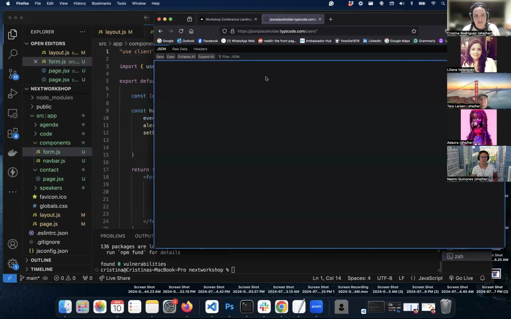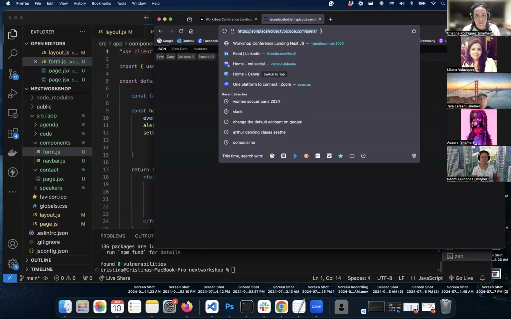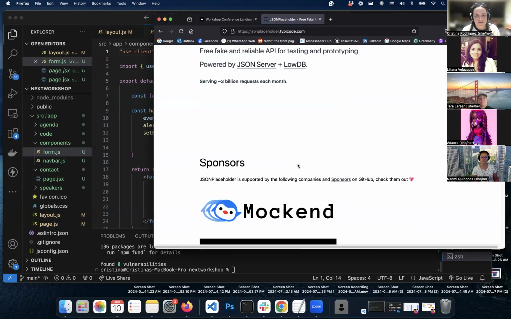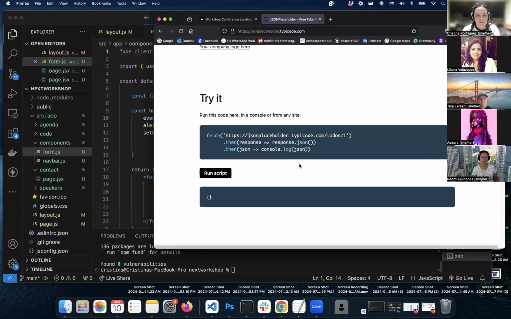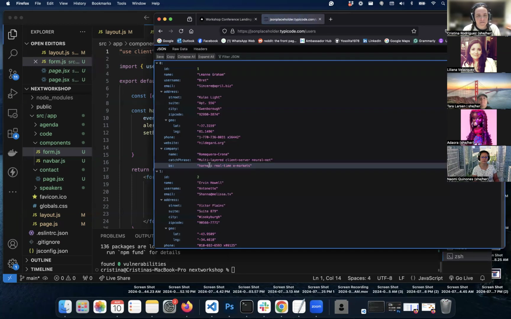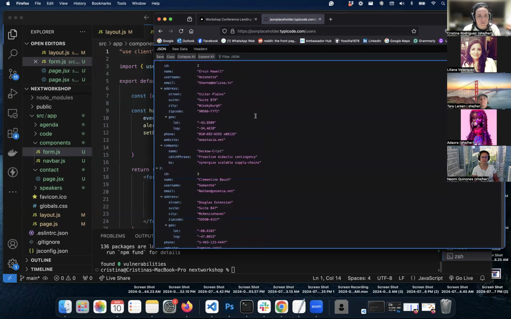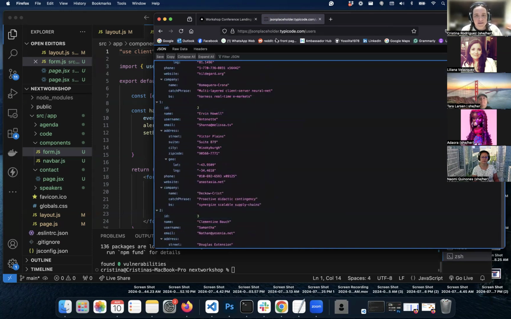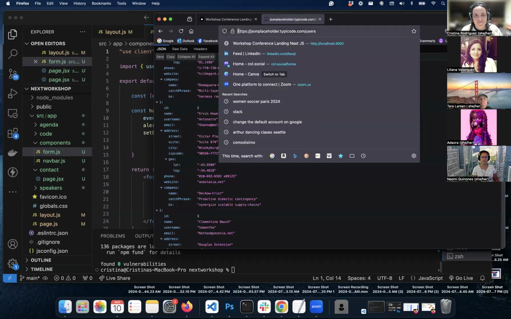One of my favorites is this JSON placeholder with users. Basically, it's a JSON placeholder that gives you fake information for pretty much whatever you need. And one of the resources that you have is that it gives you fake users. So I will use this one to fake the speakers of my conference. So basically, I will bring data from this thing. Now,